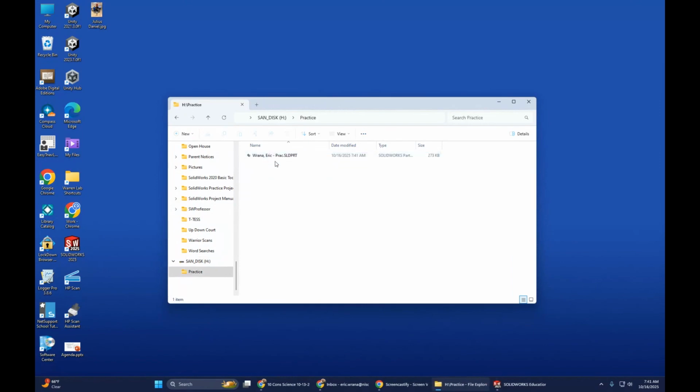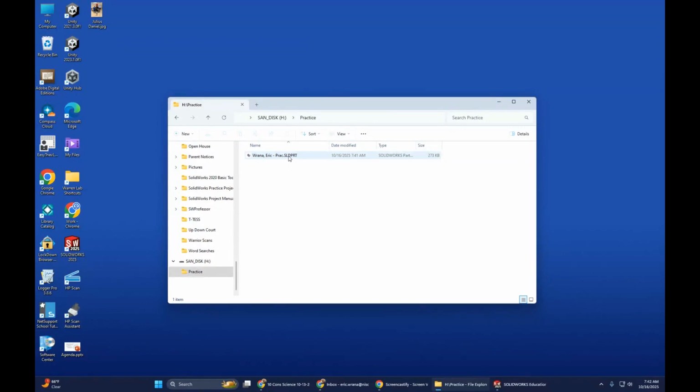Double click. And you'll notice that this has a particular format. Now the instructions on the Google Classroom post tell you about this, and it's also on the screen up front. Your file name is always your last name, comma, your first name. Then there'll be a dash, and then some type of a shortened version of the exercise. In this case, it's practice. And you'll notice that it says